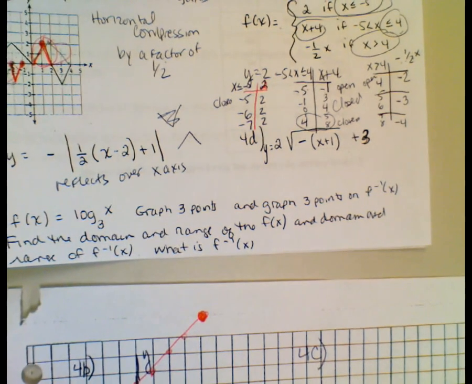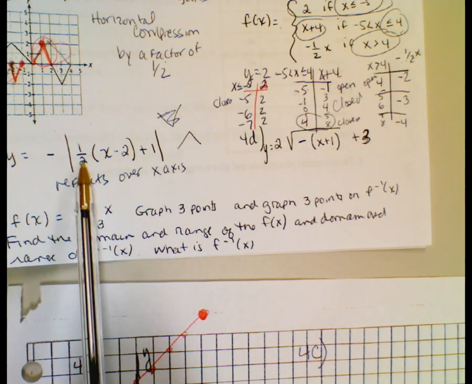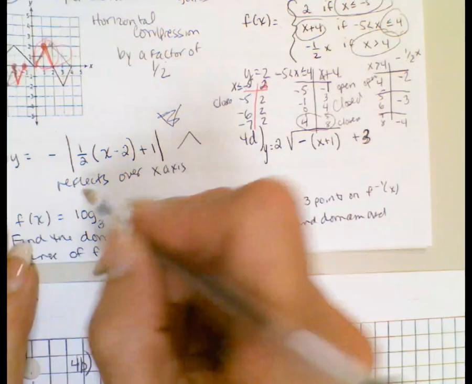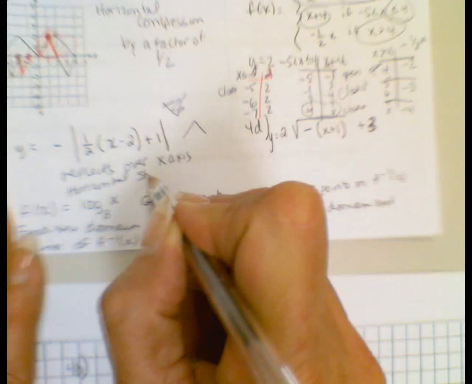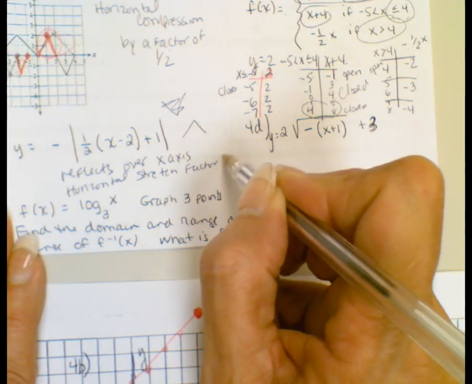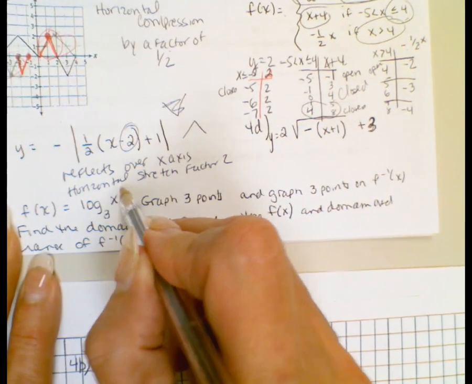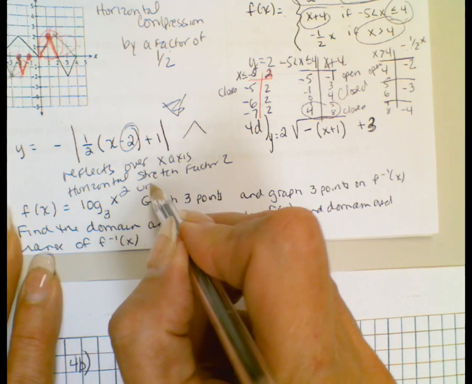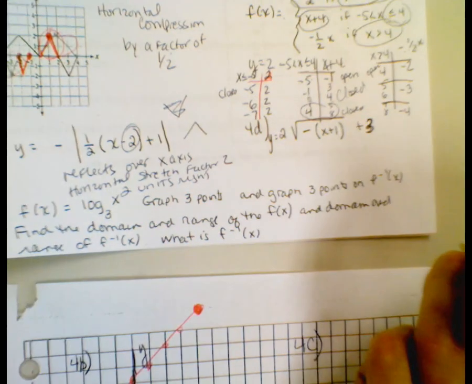Oops, when I put my hand there, it makes it blurry. Sorry about that. Let me focus that. So it's going to be an upside down V. The 1/2 out front means horizontal stretch by a factor of 2. So horizontal stretch by a factor of 2. This means it's 2 right, 2 units right. And the +1,